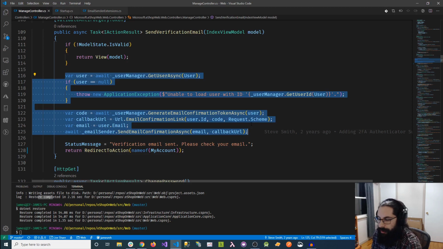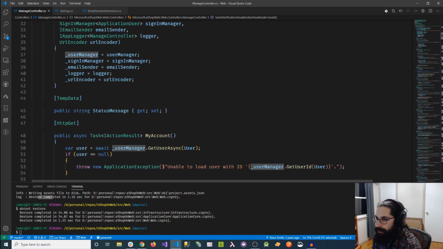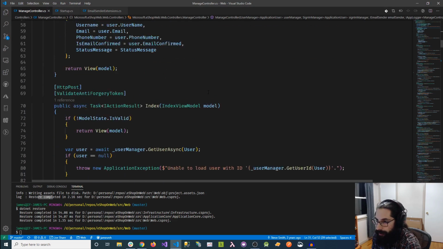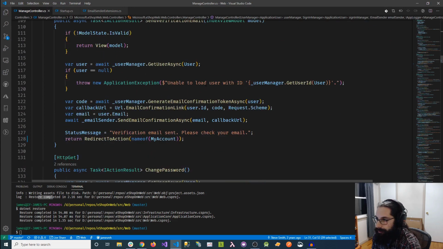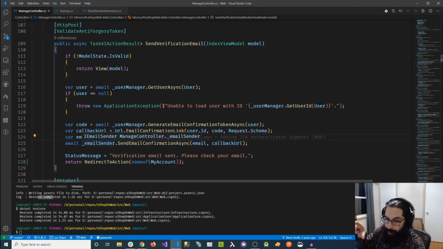So there's some issues here that I want to talk about. This user manager is actually being injected here into the constructor of this controller, and also the email sender is as well. So one thing we have to keep in mind is, if you use something like Hangfire and even Coravel, you can just create a Lambda function or anonymous function, and